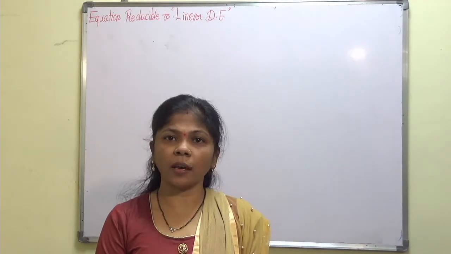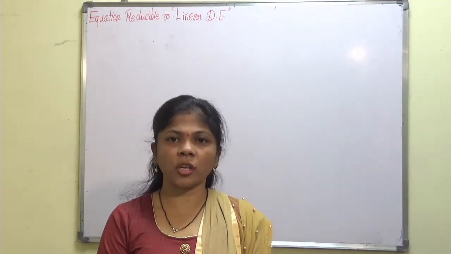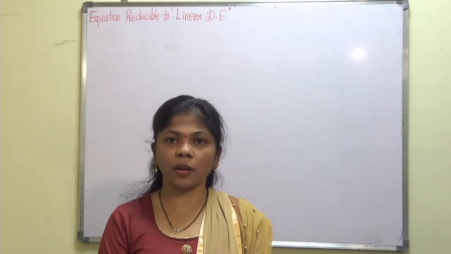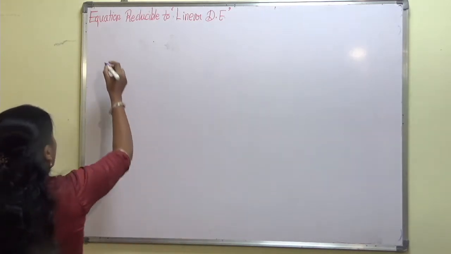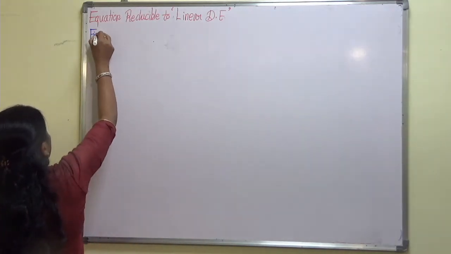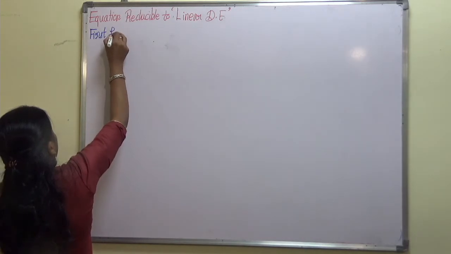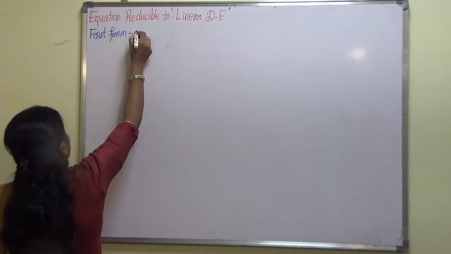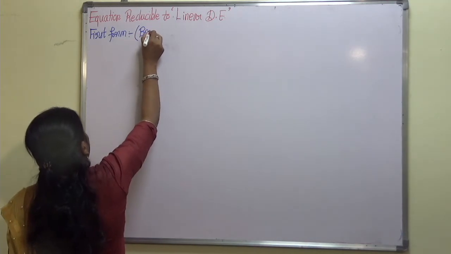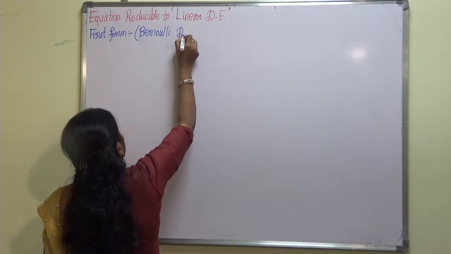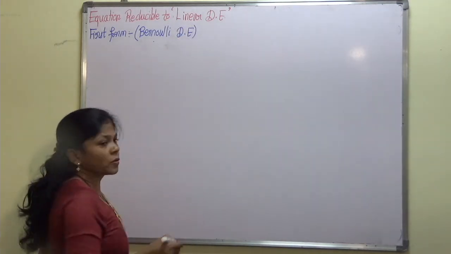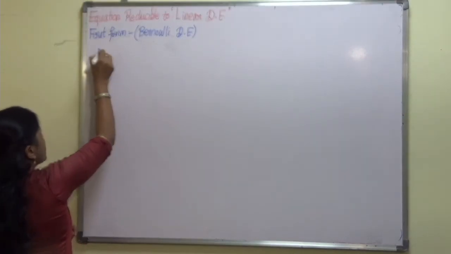So basically there are two types of equations which can be reduced to a linear differential equation. The first of that is the Bernoulli equation. So what is the standard form of the Bernoulli differential equation? So an equation of the form